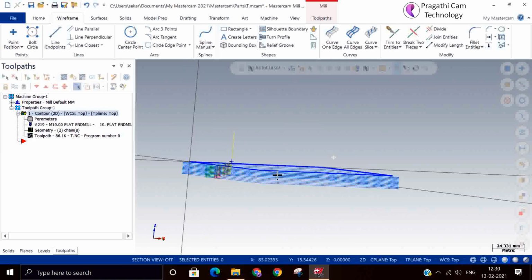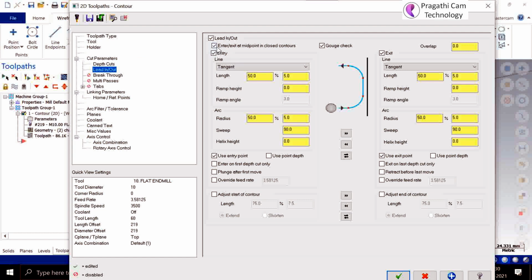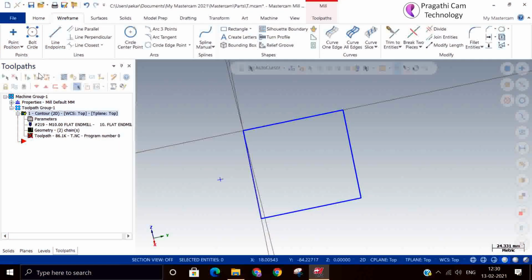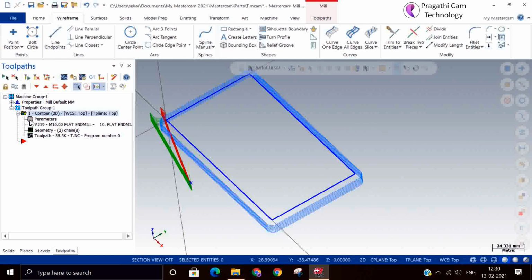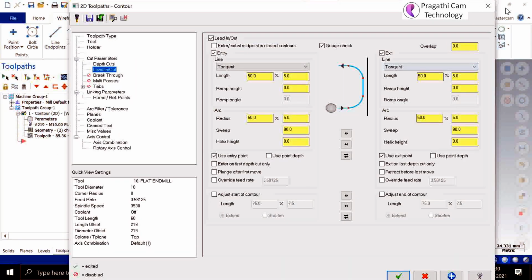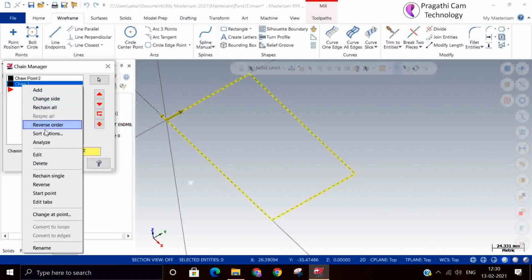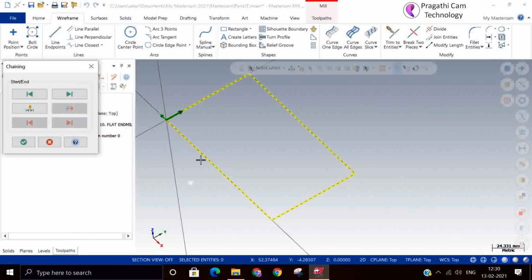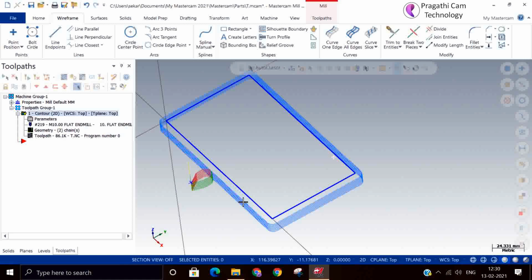Now you can see the chain start position is somewhere else. That's the reason it shows something awkward. So now we can change the start position. Select the chain, right click, change start point. Okay, now you can see that the tool will enter and exit on the same point.